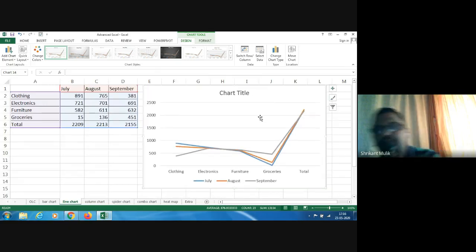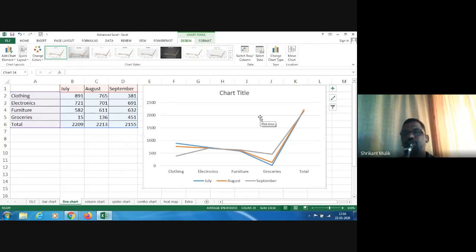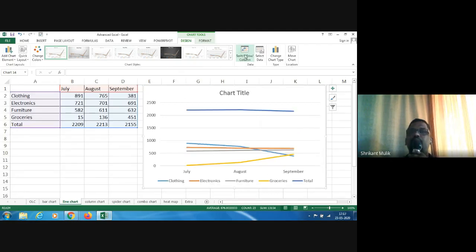So here you see, you have four product categories on the x-axis. Now, when I said that rule, please amend that rule and say that always put time on the x-axis. Never ever put time the way we have it here. Always put time on the x-axis, and that is where I'm going to change this and say Switch Row/Column. When I do Switch Row/Column, this is what I see. Obviously I see the blue one, clothing, is doing well over a period of time.